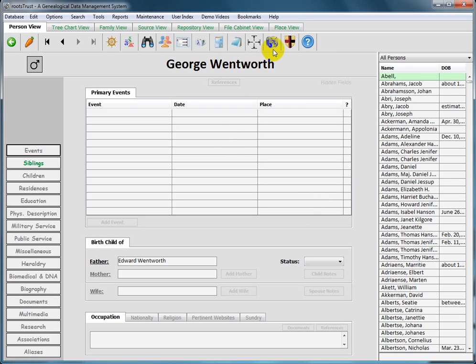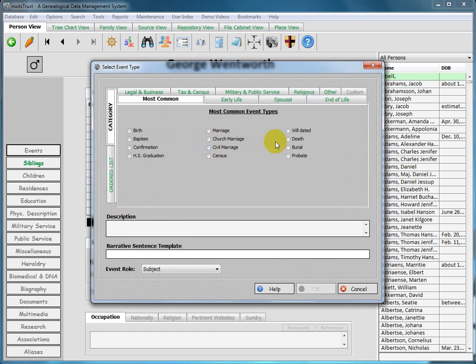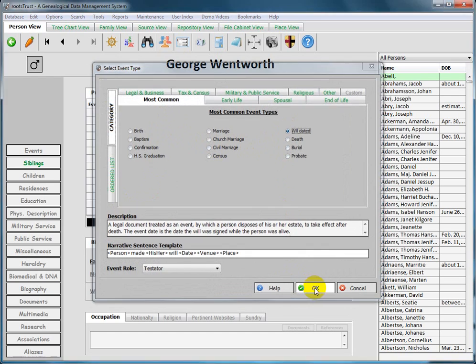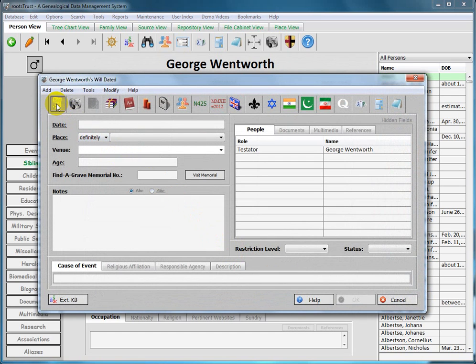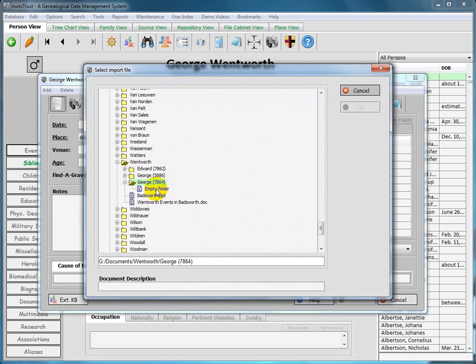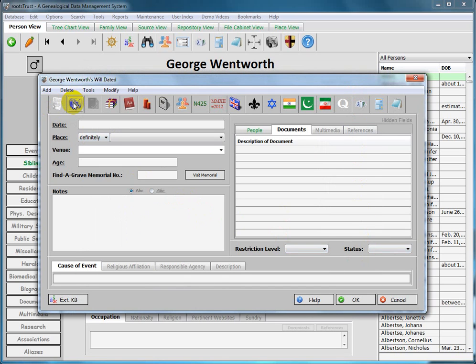Now, if I were to add a will event and click on Documents, it opens directly to George's personal directory for documents. You can see the folder is empty because it was just created and there are no documents in it yet. If I close this and then click on